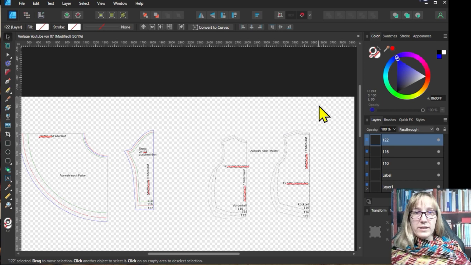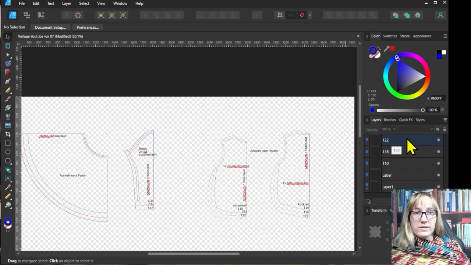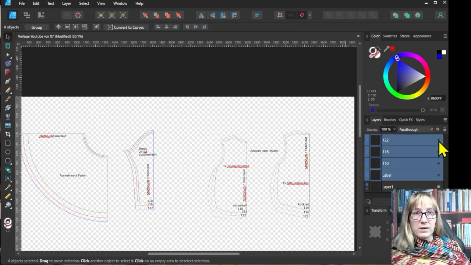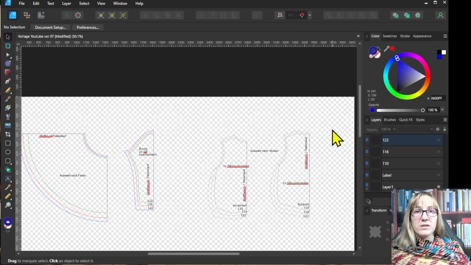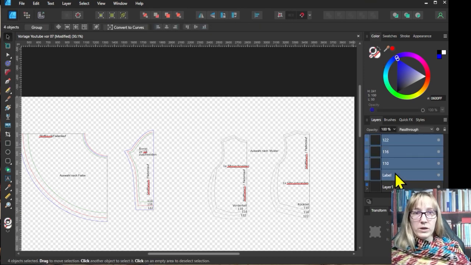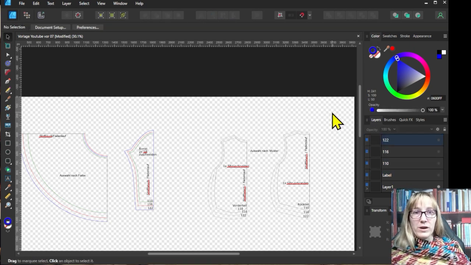On the right side of layers there are dots. If you click on them, you can show or hide the layers. You can also select several layers and hide them at the same time. The other option is right click and hide others, but this does not work 100% for me. Could be a bug that will be fixed in the next update. I select all layers except layer 1 and hide them. With this you can see better which lines you have already moved.